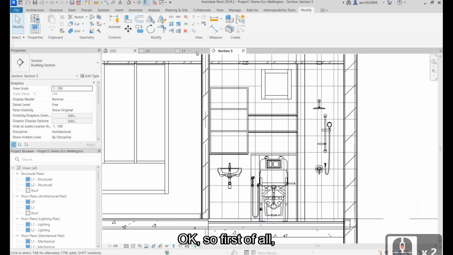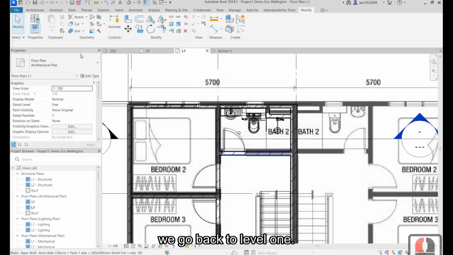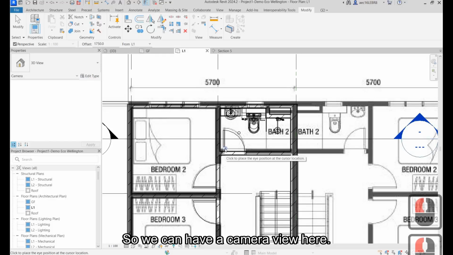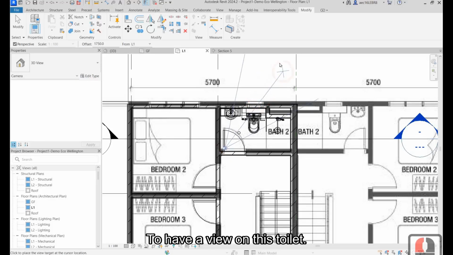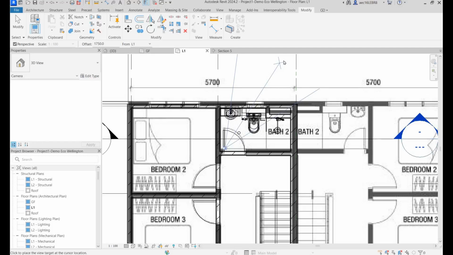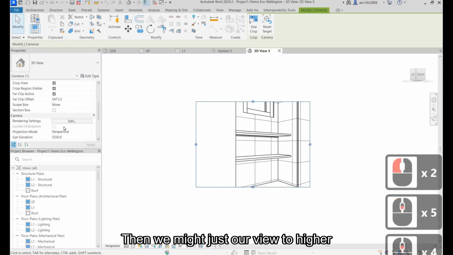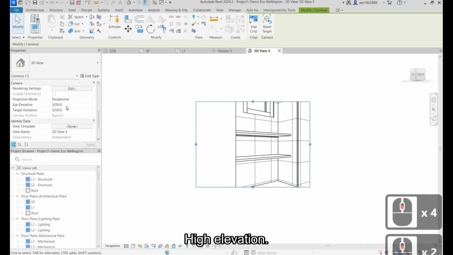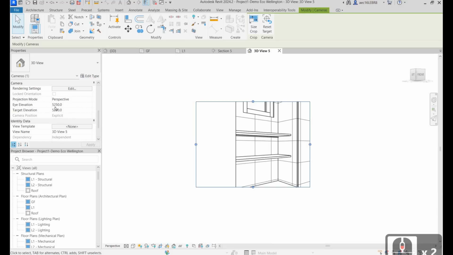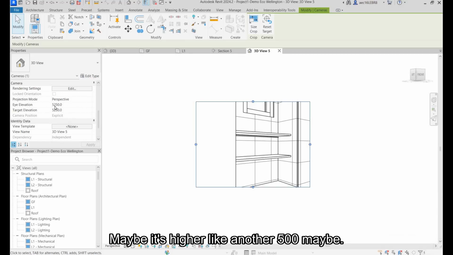Okay, so first of all, we go back to level 1. Then we can use this camera function. So we can have a camera view here to have a view on this toilet. Okay, so this is the view. Then we might adjust our view to a higher angle, high elevation. Maybe higher, like another 500.